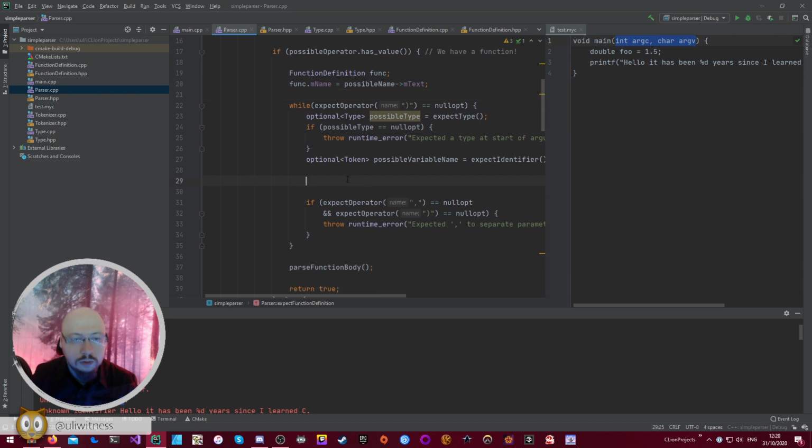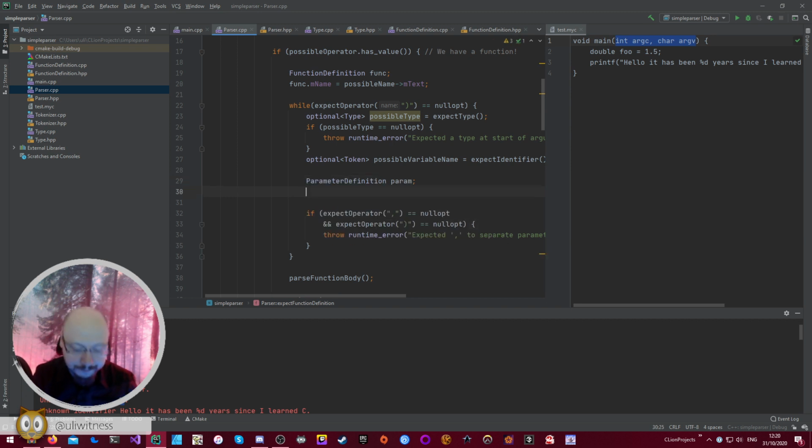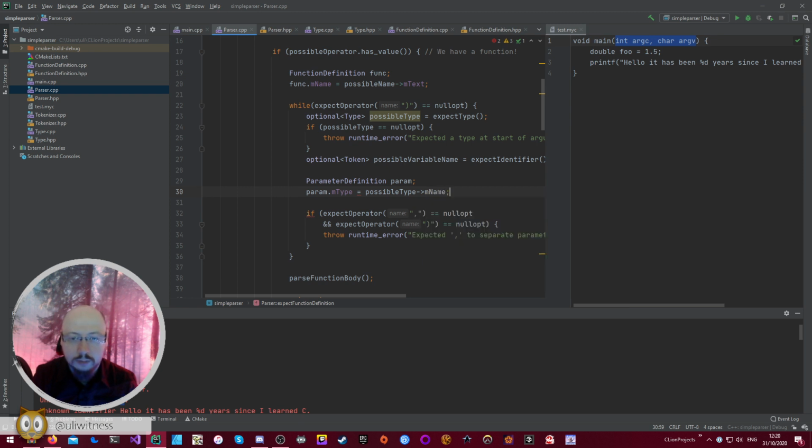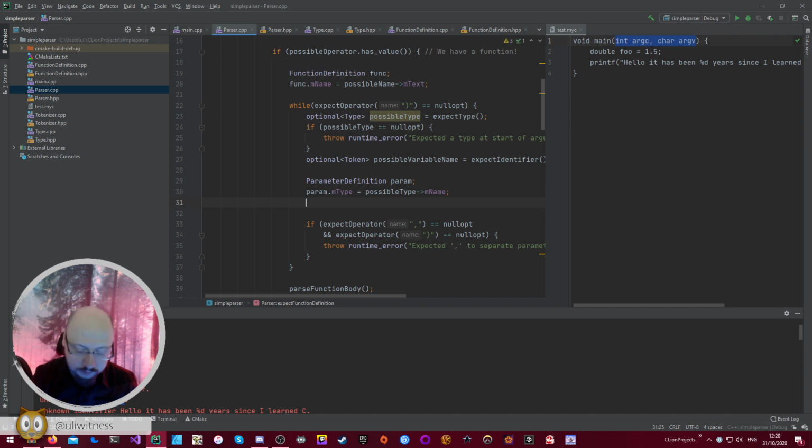And now parameter definition param, name equals, type equals possible type name, and